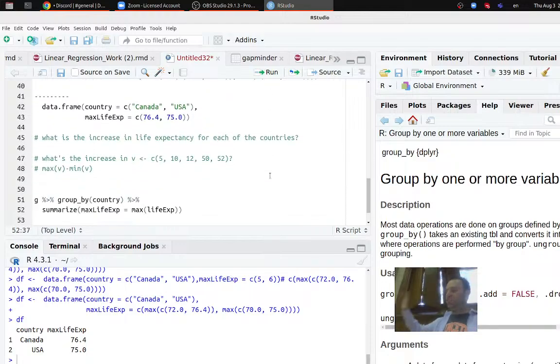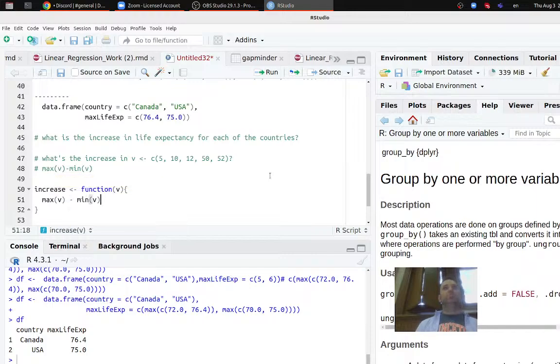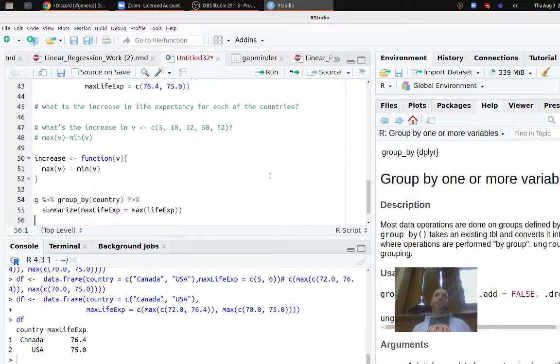I could actually write it as max minus min, but I want to do a custom function. So I'll say exactly what we said before: max of V minus min of V, that's the increase. And now instead of taking the max, I'll take the increase. Got to do that, right? So now if I define this function,